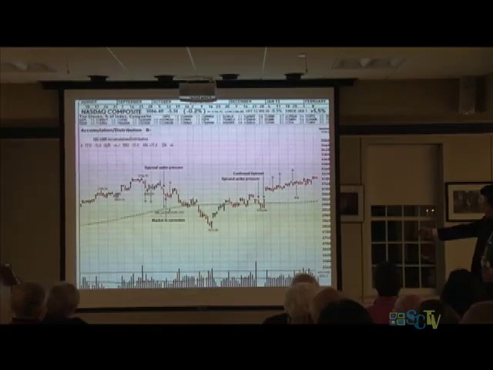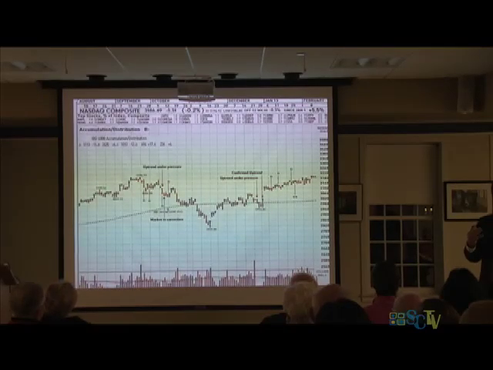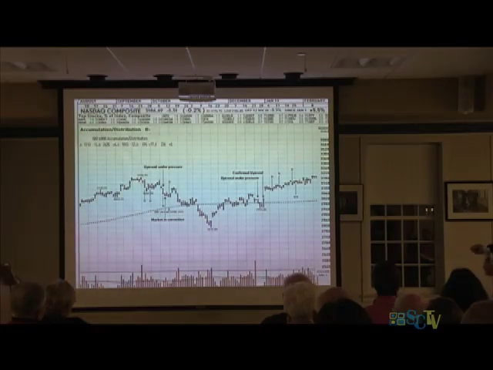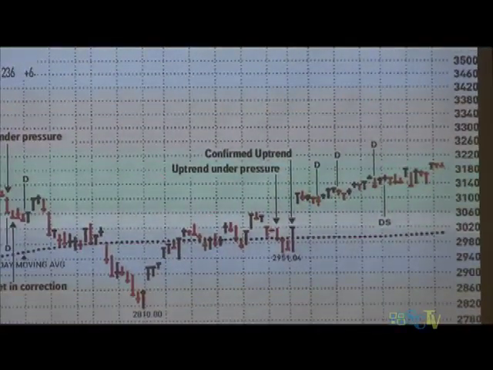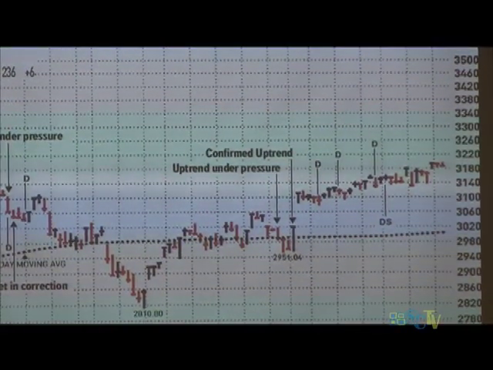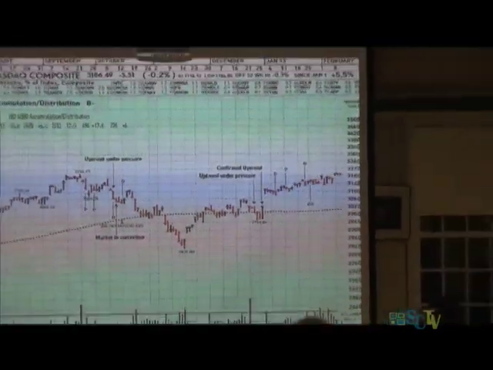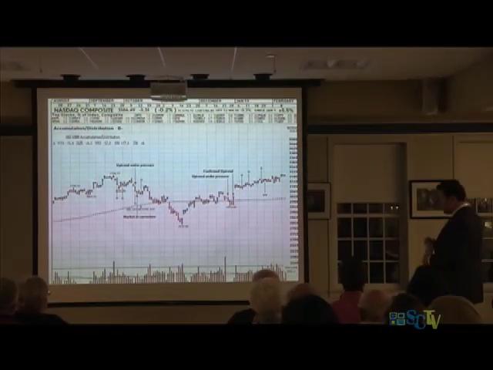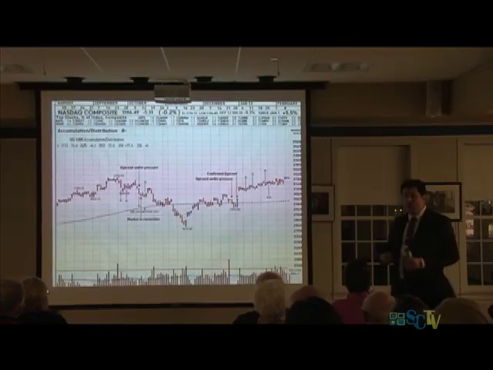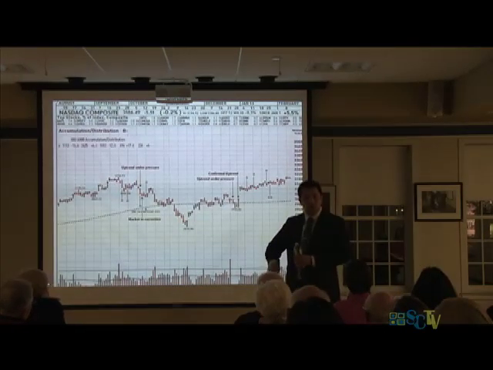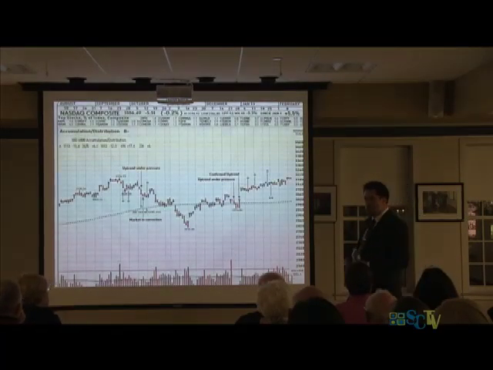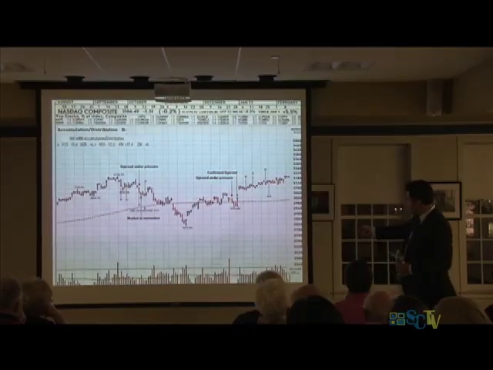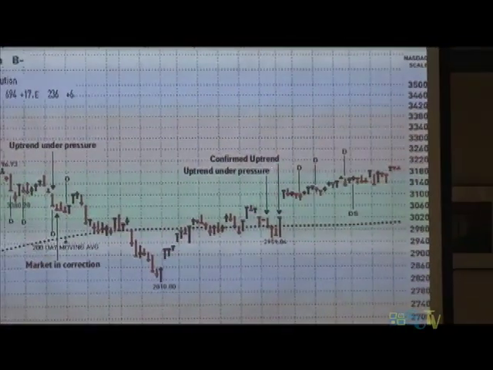And what happened during this period is we started getting a clustering of distribution days. I wish they would have left the D's on there. I don't know why they took them off. We had enough distribution where we came under pressure. Now, just because we go under pressure doesn't automatically mean we will go into a correction. Sometimes the market is able to show resilience, fend off the distribution, and show strength again. And when that happens, we will go from under pressure, and this is December 31st, back to confirmed uptrend, because